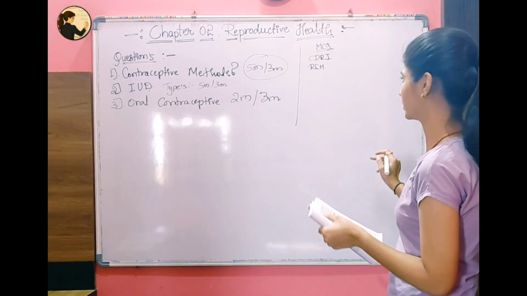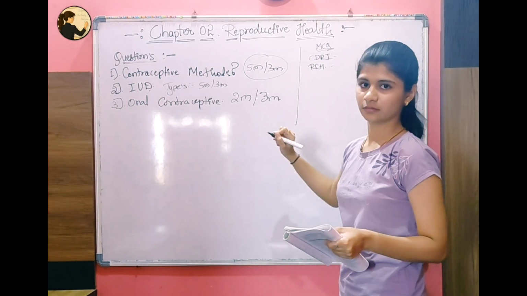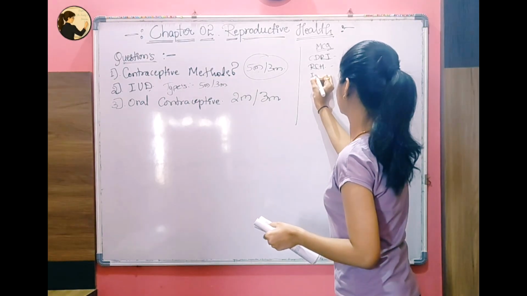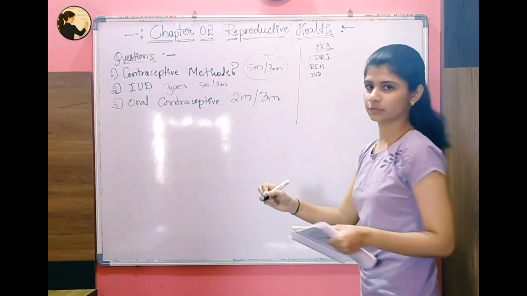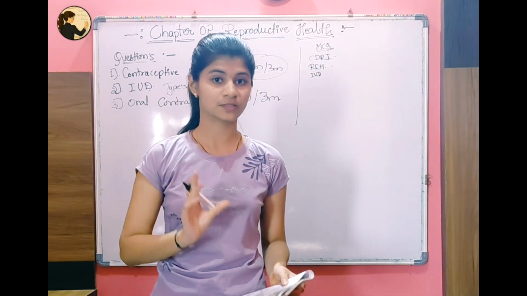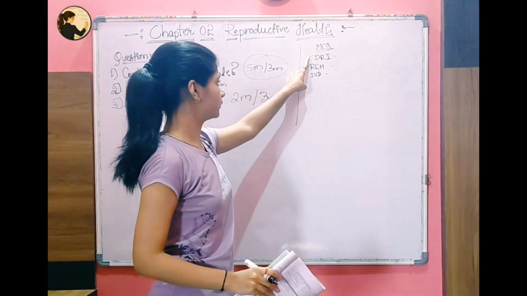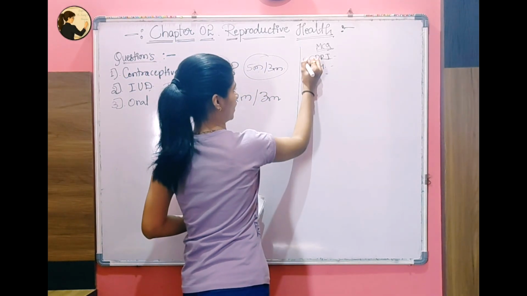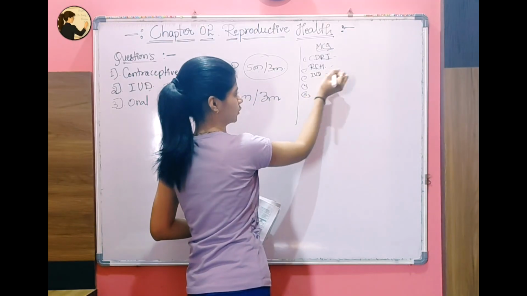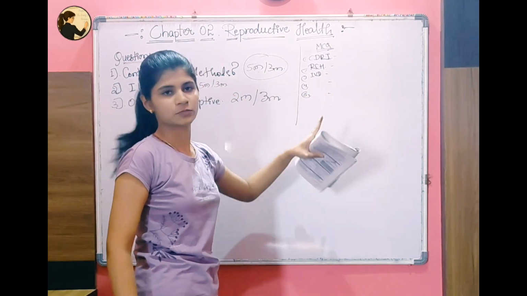CDRI is Central Drug Research Institute. They really ask you to write the full forms of these, and even IUD. You will get many more in the form of MCQ, and also in the 5 marks. How do they give it in the 5 marks, you might be thinking, right? They will give you shortcuts like 1, 2, 3, 4, 5 and tell you to write the full forms of these.